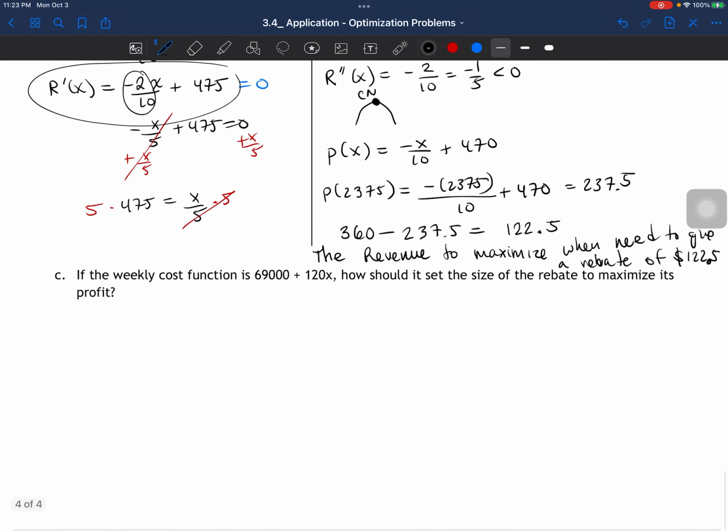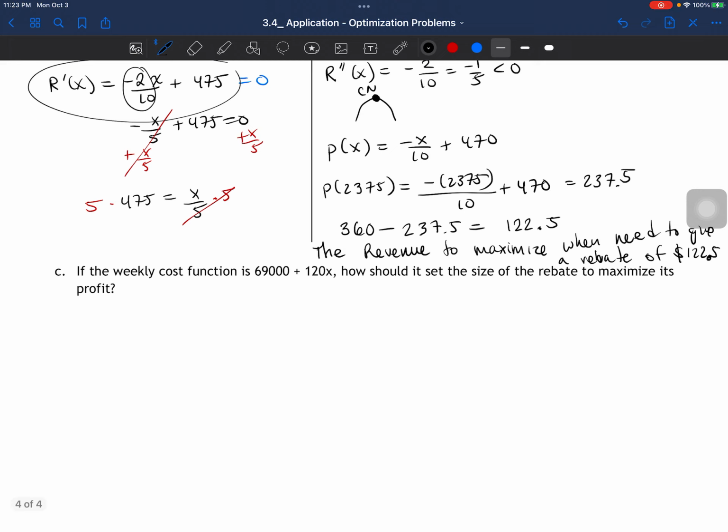All right. So that was interesting. Let's try the next example. The next example is asking us if the weekly cost is 69,000 plus 120x. So the cost function is 69,120 plus 120x. How should it set the size of the rebate